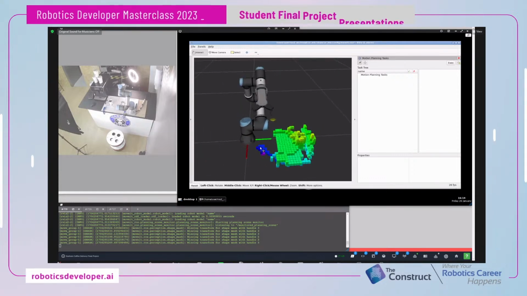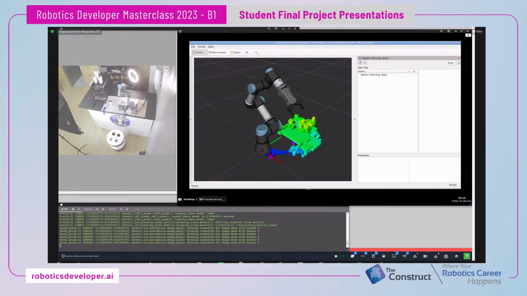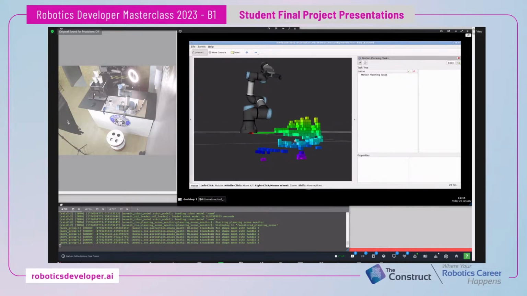I suspect part of it may be that the work surface is not polished aluminum, but it's relatively shiny, and that might be causing some issues. And so that issue remains,